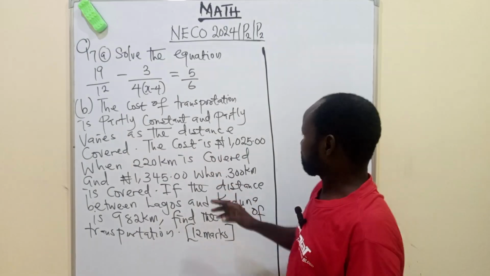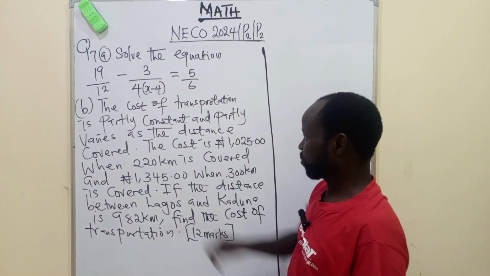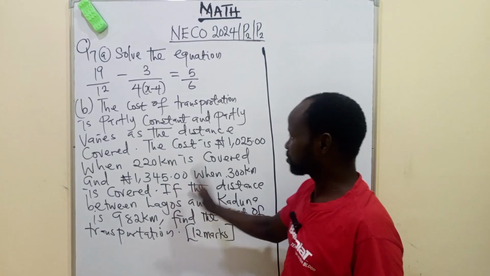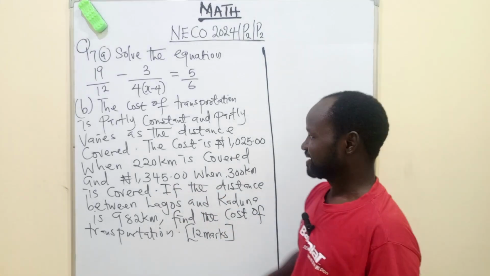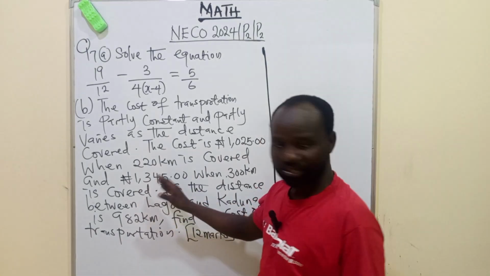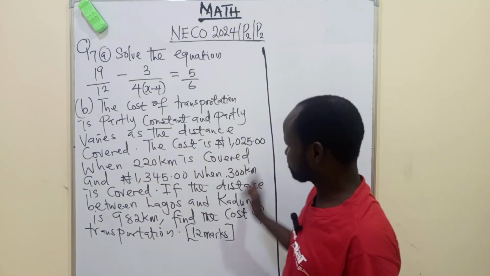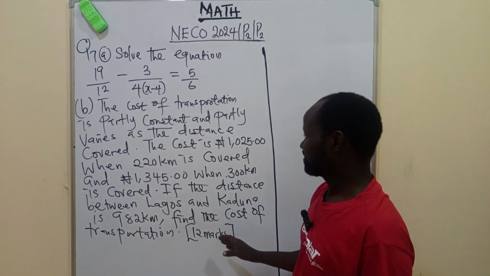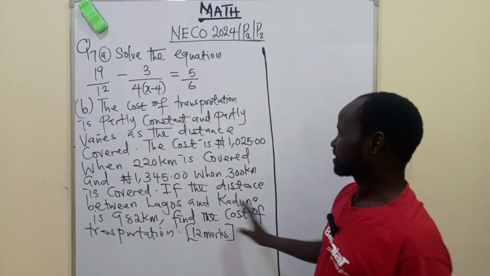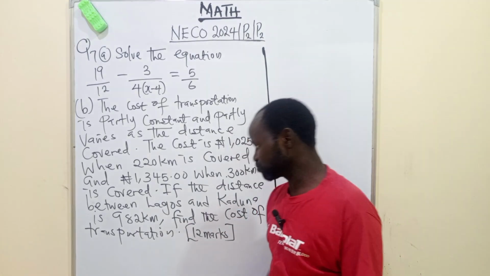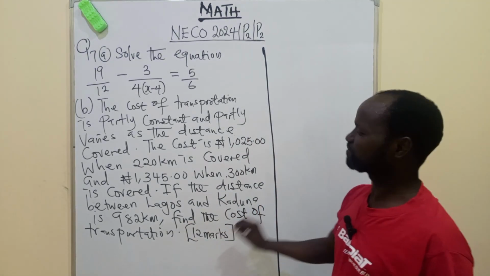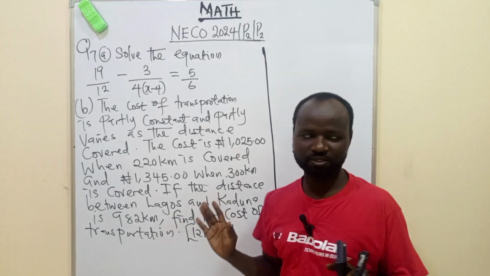The cost is 1,250 when 220 kilometers is covered and 1,345 when 300 kilometers is covered. If the distance between Lagos and Kaduna is 982 kilometers, we are asked to find the cost of transportation between